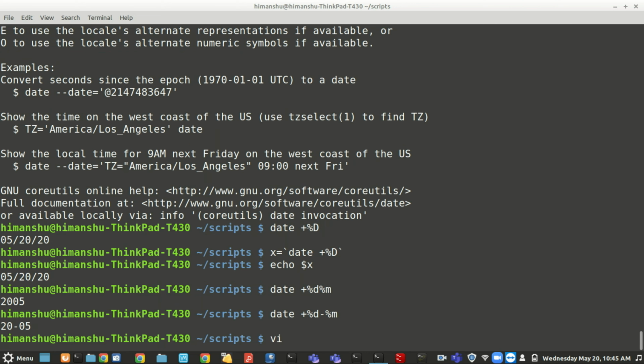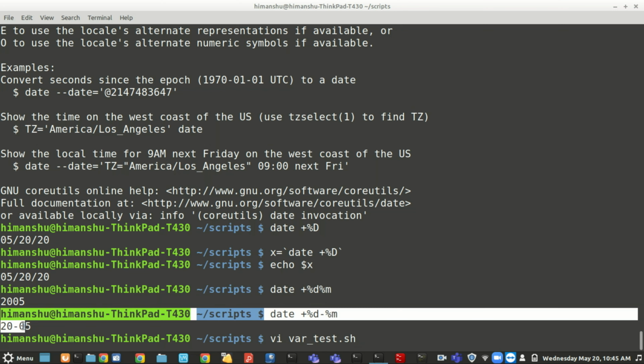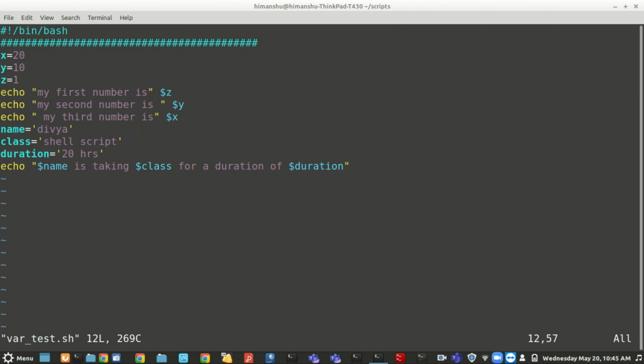Let's say I am writing a script, the same one we were writing previously. Now what I am doing is creating a file with this name. How to do that? Let's see. Always try to define variables at the top, don't define them here, like I have just shown you for example.